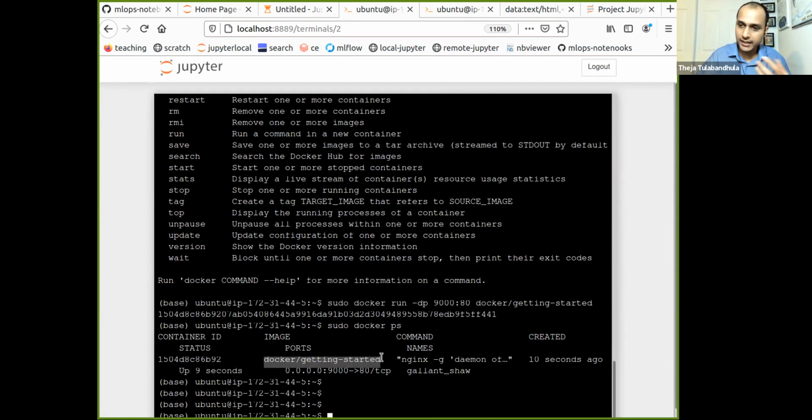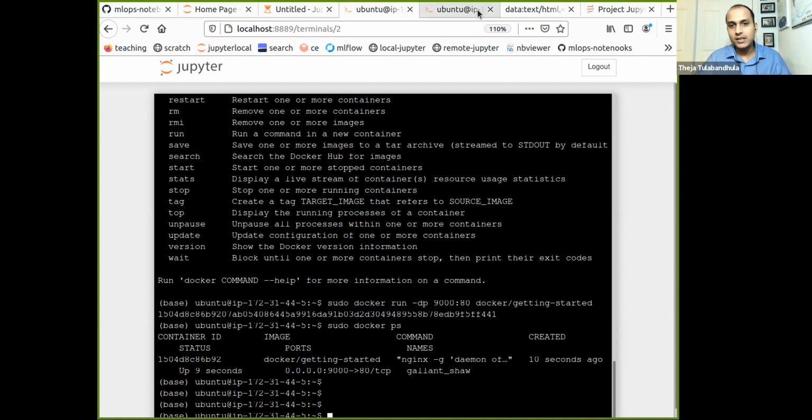This is the image from which I created the container. Some command was run, so let's not worry about the command because we just got it from Docker, the company. It was created some seconds ago, and it's at port 80. Okay, this is fine, from 9000.